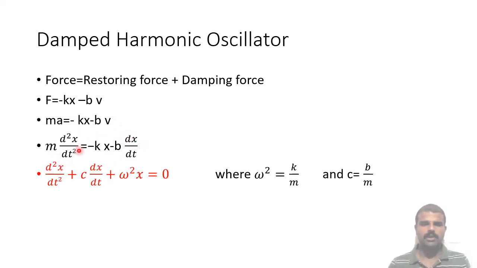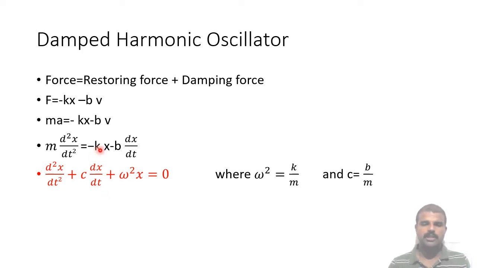And after that, we make some rearrangement. I take this m to the other side, and I take everything to the LHS, and I will get something like this: d square x by dt square. Then b by m ഉണ്ടാവും. b by m ന് ഞാൻ c എന്ന് കൊടുത്തു. So minus c into dx by dt ഉണ്ട്. So on taking it to the other side, it becomes plus c into dx by dt.